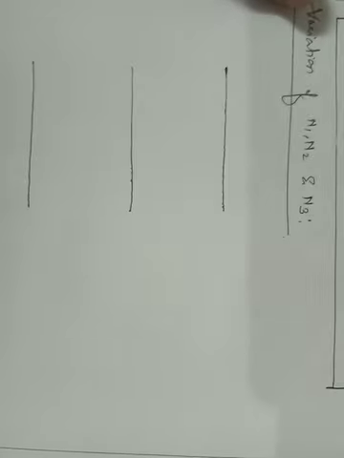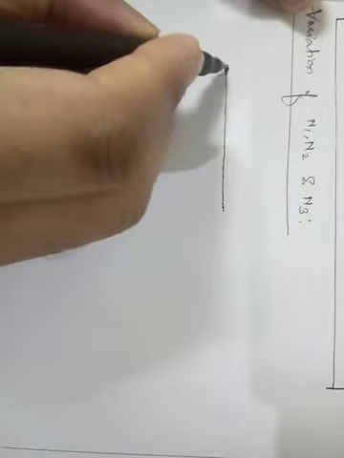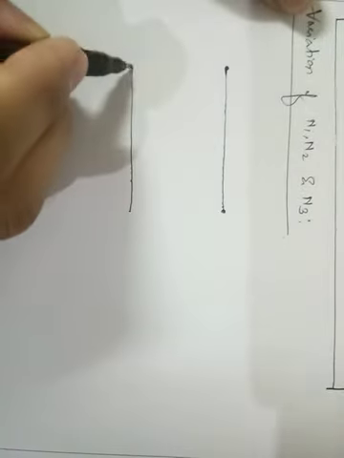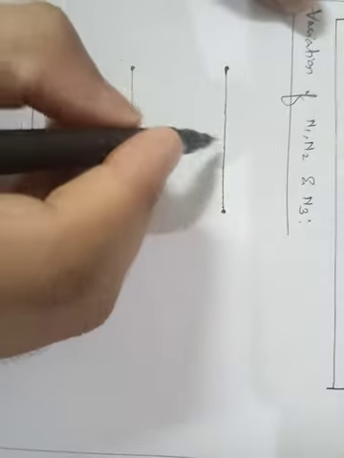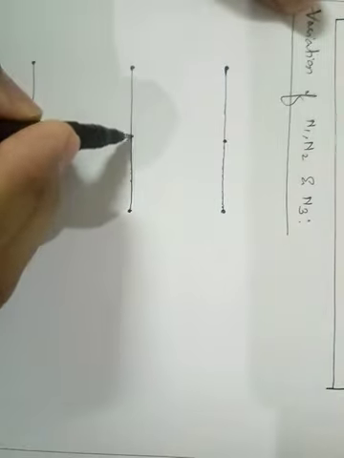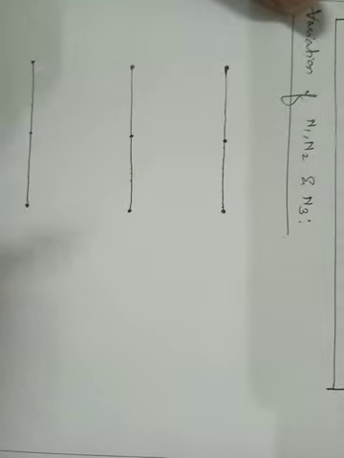So I have taken three elements of equal length. Let us say each is having three nodes. At the center we are having one more node, at the center we are having one more node, at the center we are having one more node. So if you want to show the variation of the first shape function, which is n1,